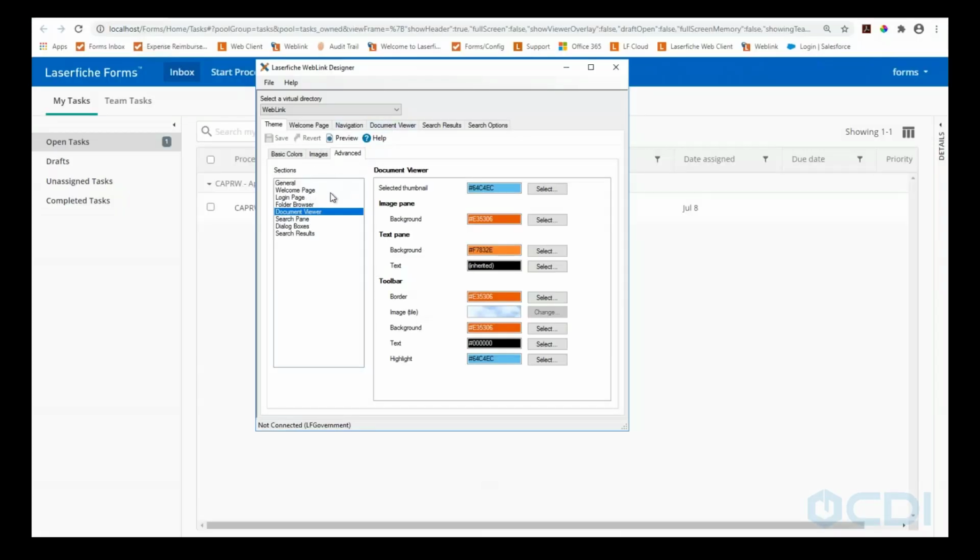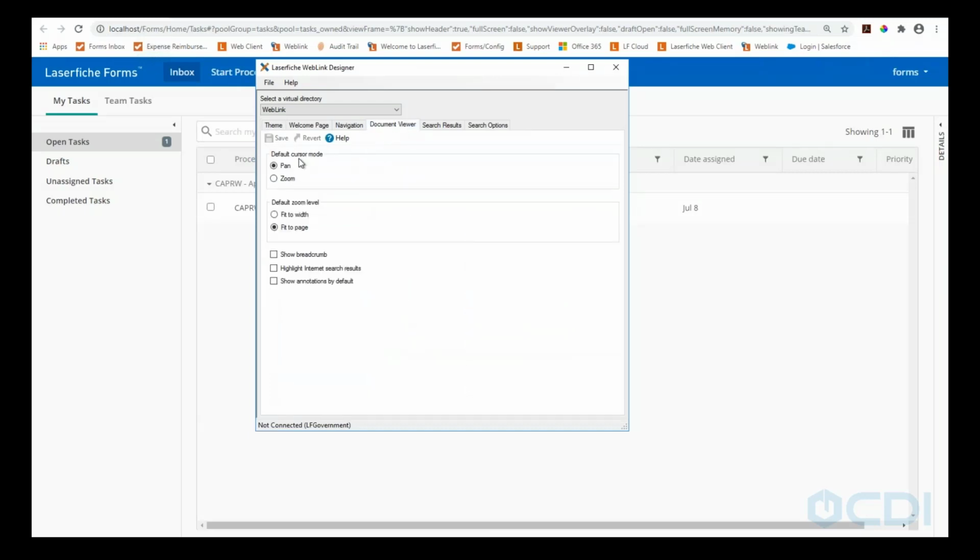All right, so from the document viewer standpoint, it's going to give you some options, rather, if you want to be able to pan across everything, if you want to be able to zoom. What is the default zoom level? Do you want to fit it to the page or do you want to fit it to the width? So there's some responsiveness that's happening here. What's really cool about this too is that since this is public and it's accessed through a URL, that means that users can also view this from a cell phone or a tablet. So depending on how these settings are set up, how clean or how easily they can view and browse those documents will be